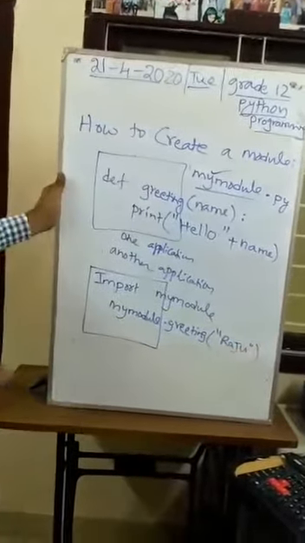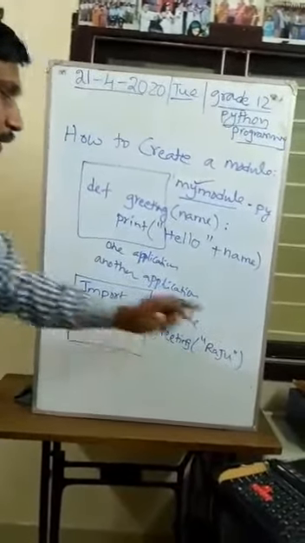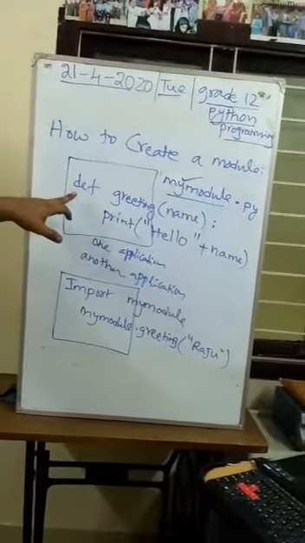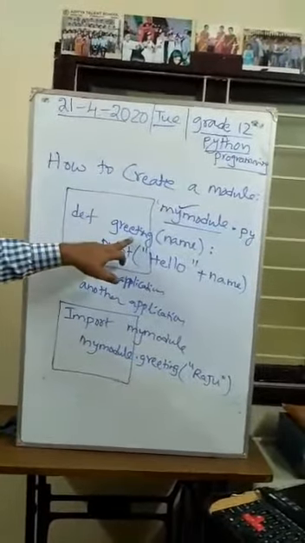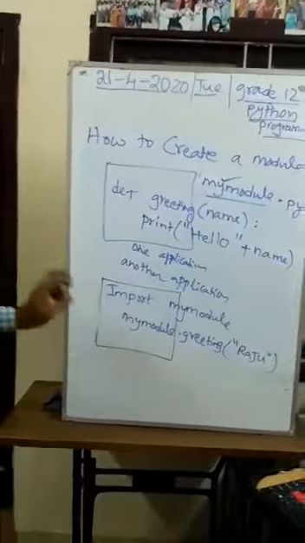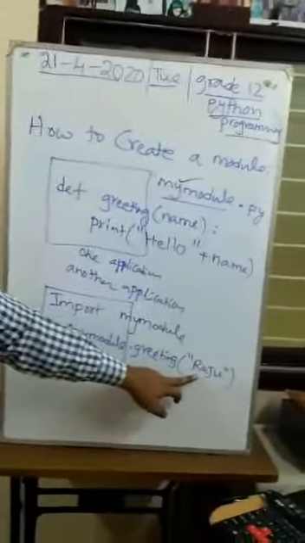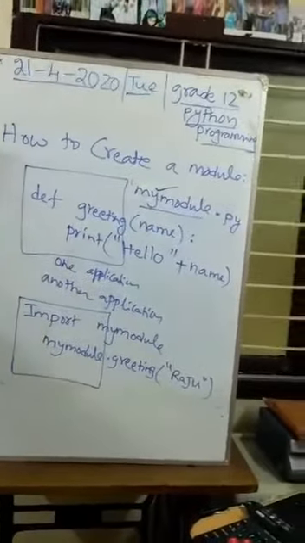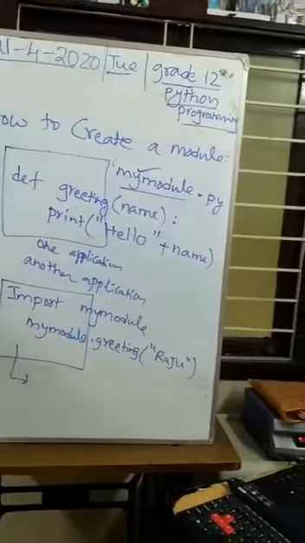For example, I am writing here name. I am taking here one example, Razu. See, in this my module file consists of the name greeting with the name. Second application consists of we are supplying the name Razu. When we implement it, when we run this program